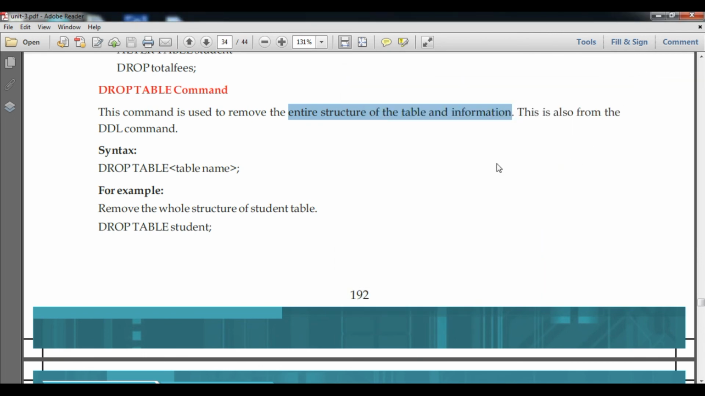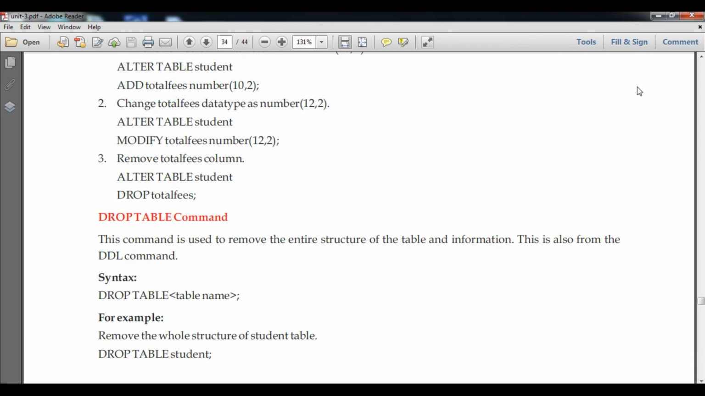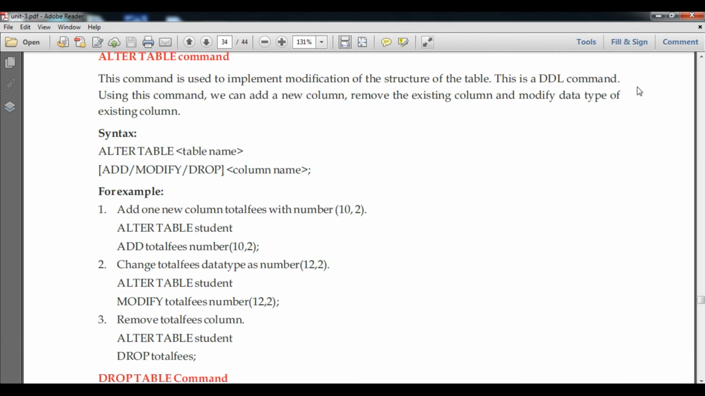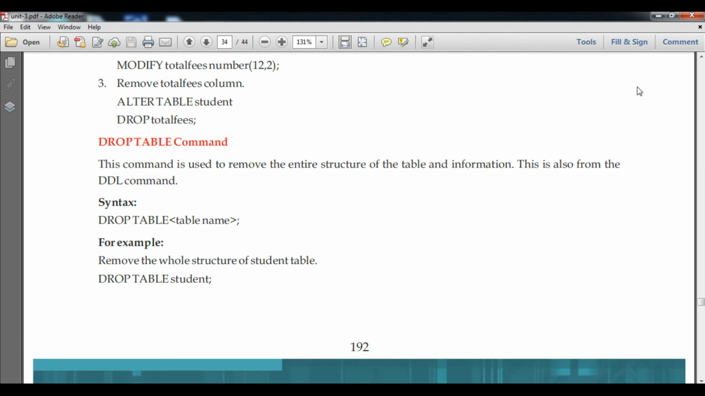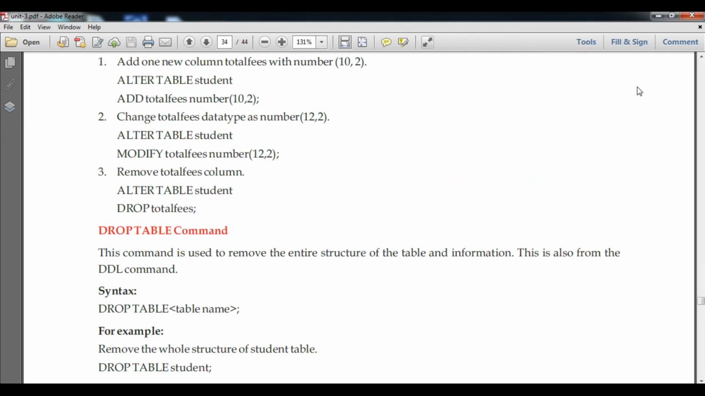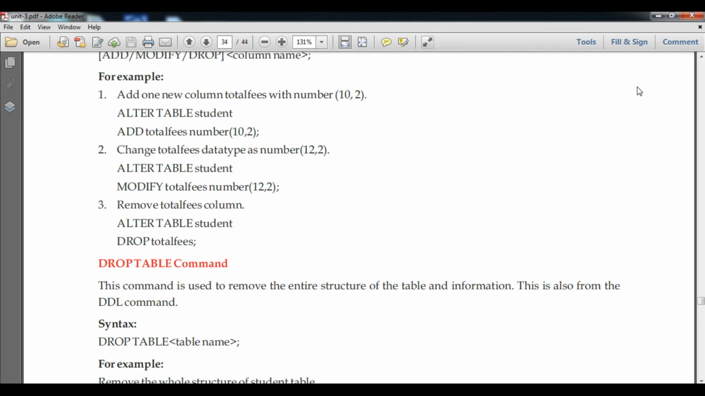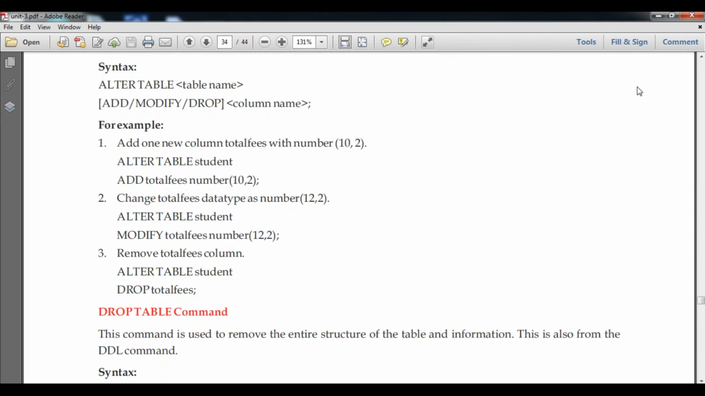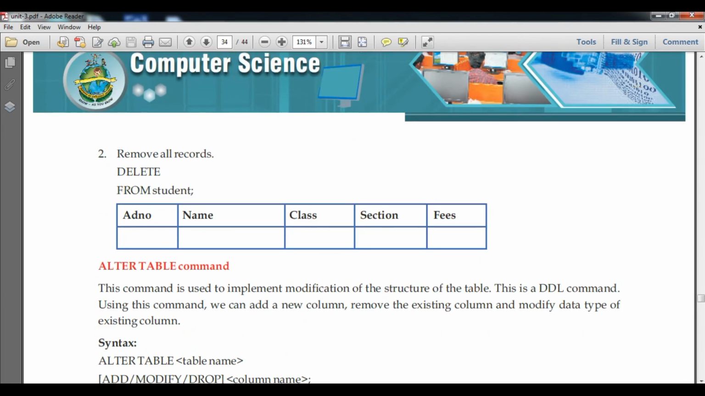So I hope, students, you have learned today's practical. We have covered in this video how to add an attribute, how to remove an attribute, how to change the data type of an attribute, and how to drop the table